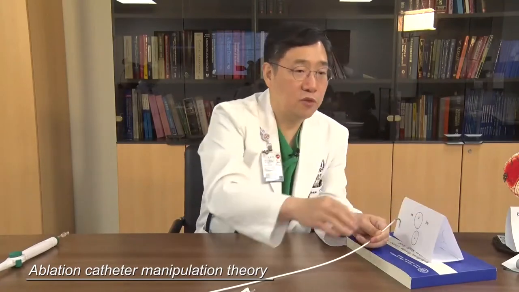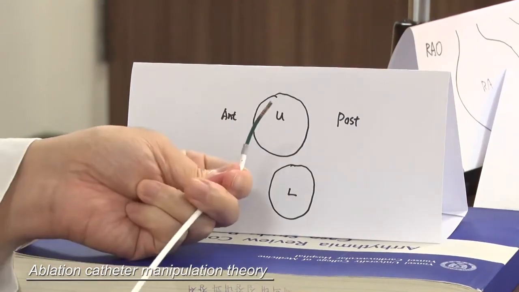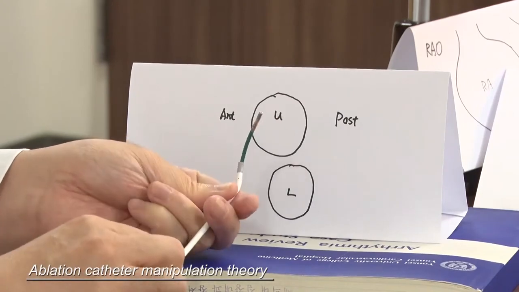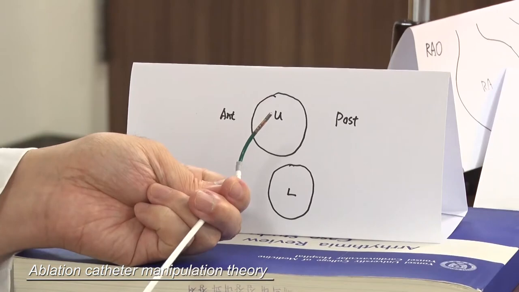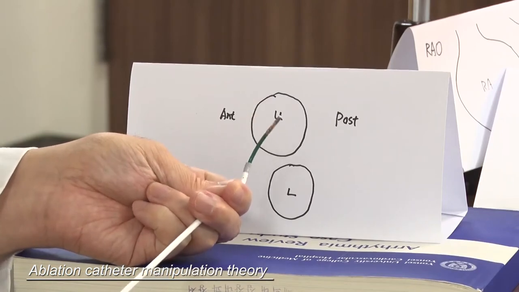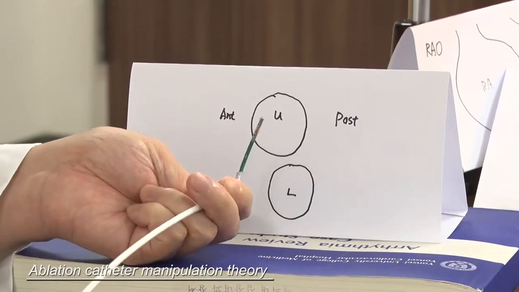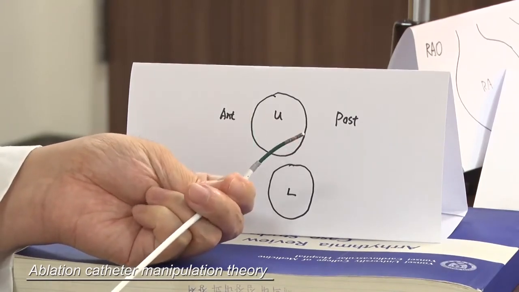When you want to move to the anterior side ablation, imagine this is the anterior part of the pulmonary vein and this is the posterior part. If you make a counterclockwise torque, you can make contact to the anterior pulmonary vein; clockwise torque gives posterior contact. Okay? So imagine how to make a good contact by clockwise and counterclockwise torque.